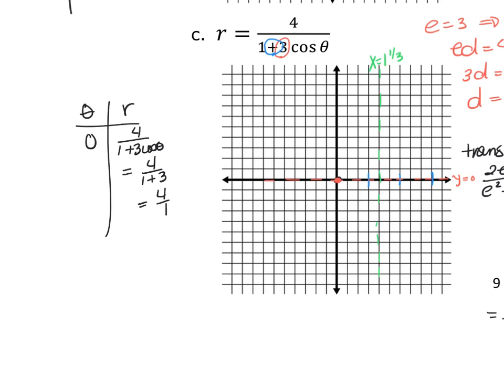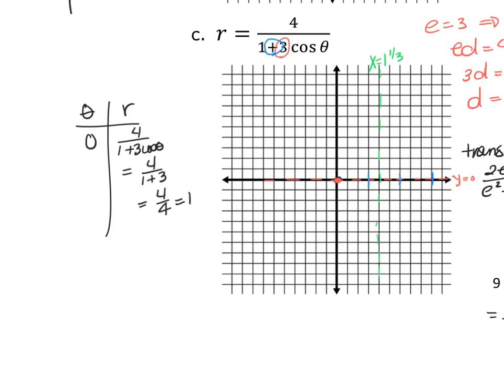So that gives me 4 over 4, which gives me 1. So that tells me where my vertex is. My vertex is at the point 1, 0. So if that's where my vertex is, and the distance from my vertex is